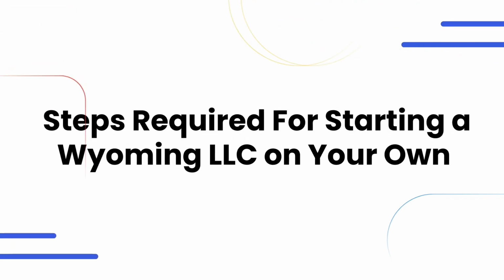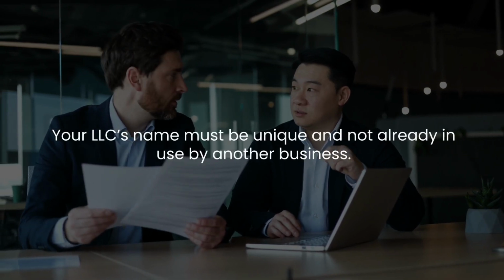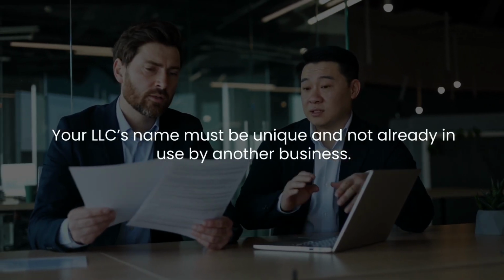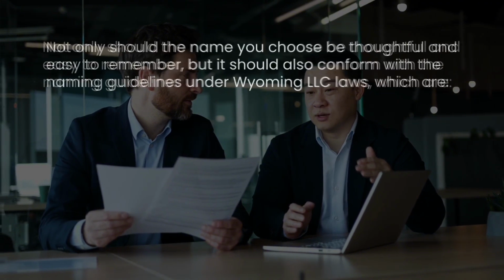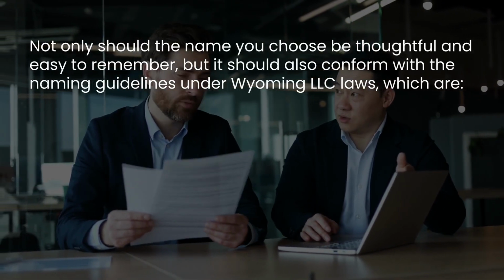Steps required for starting a Wyoming LLC on your own. Step 1. Name your business. The first step is choosing a name for your LLC. In Wyoming, your LLC's name must be unique and not already in use by another business. Not only should the name you choose be thoughtful and easy to remember, but it should also conform with the